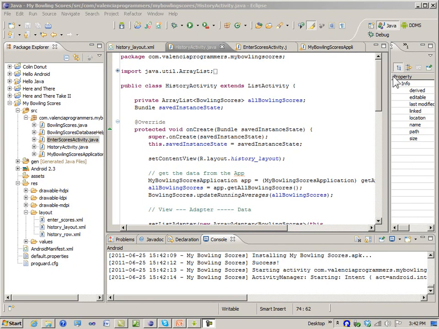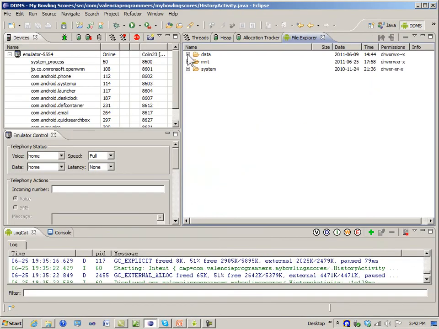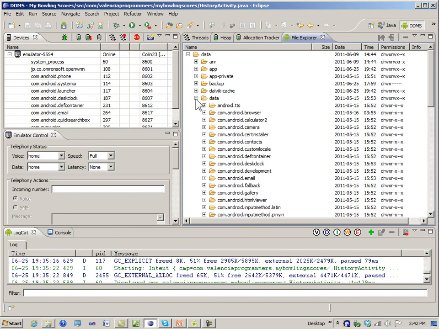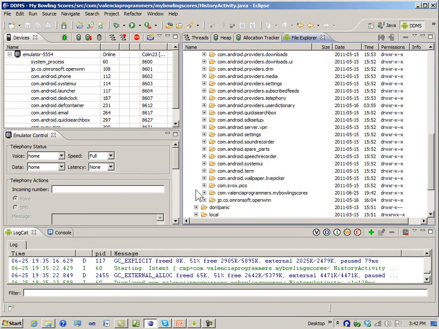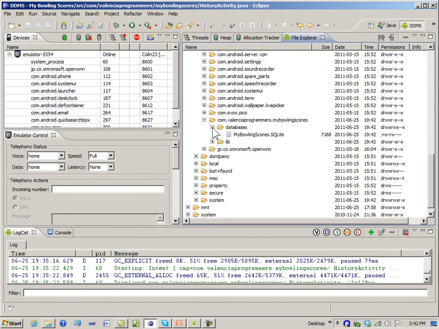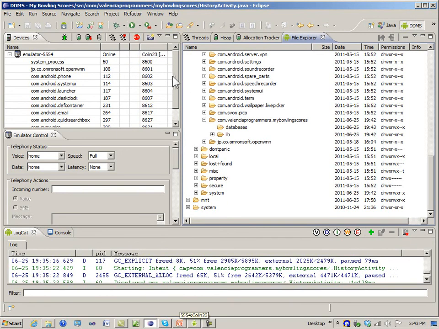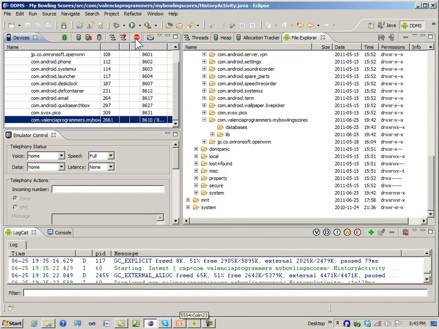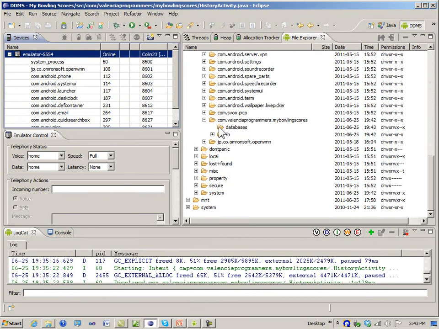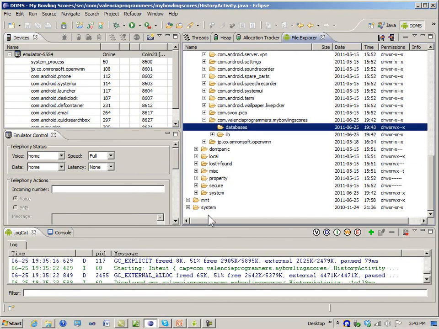But let's get a fresh database. Let's go into the DDMS, look under Data, Data, and then we have our My Bowling Scores application under Database. Let's just throw this away and run the application again. I'm going to stop the application, just make sure that that database is gone. So when we run this time,